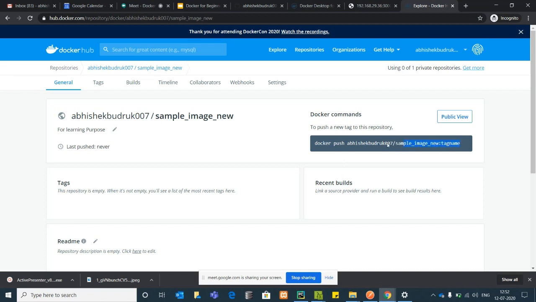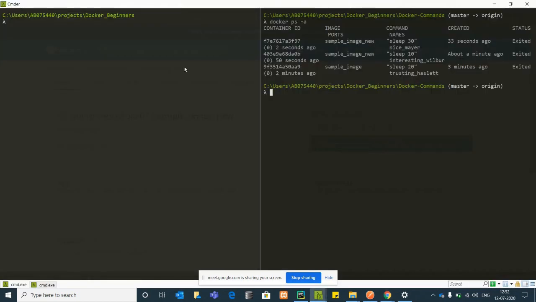So I can push the image using this command. But the first thing is that you need to have the login credentials. You can simply log in like this. I can put my username.